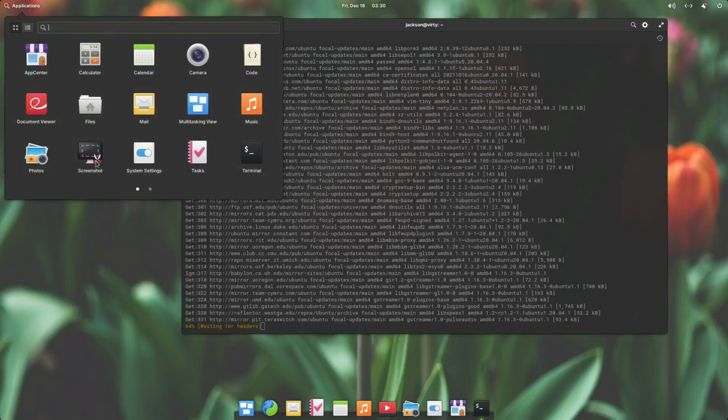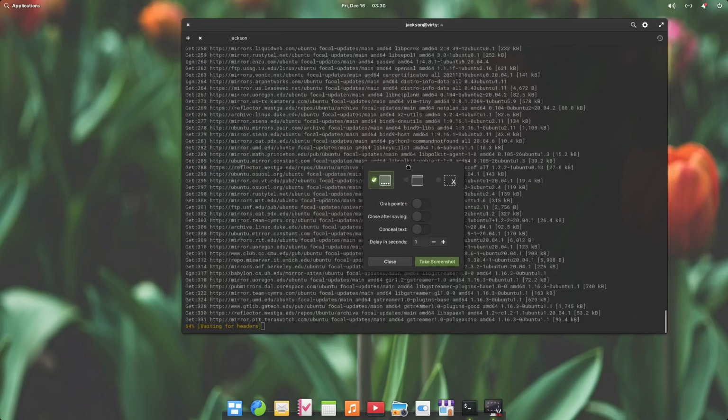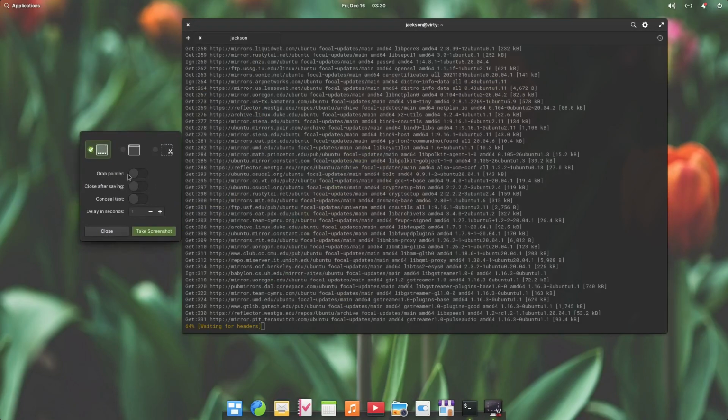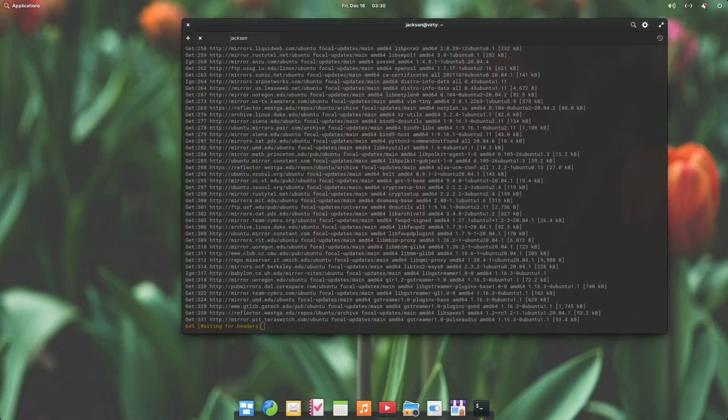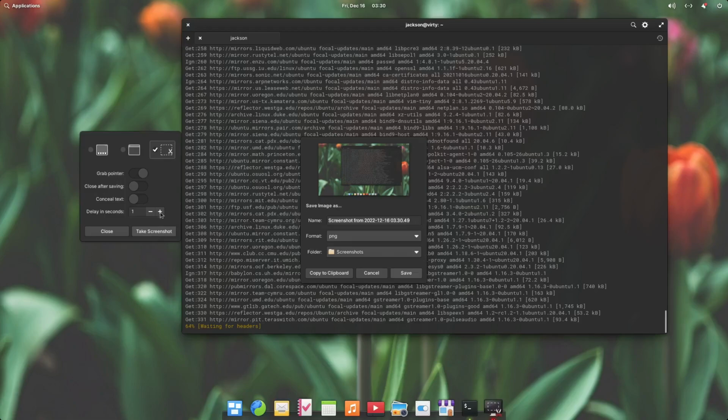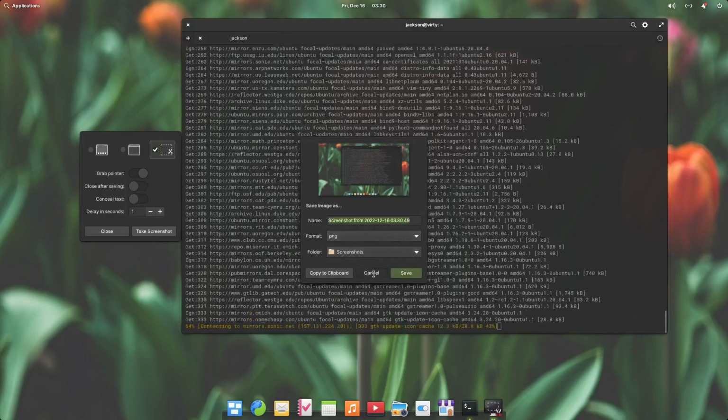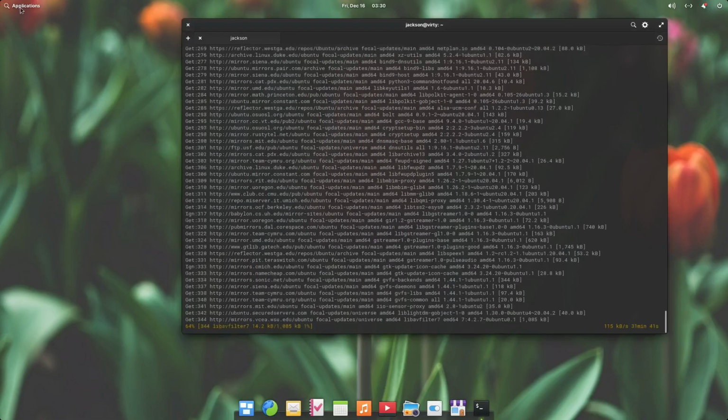And then let's see, we also have a screenshot utility. And we can grab the pointer. That's really nice. So we can take a screenshot. Yeah, that's pretty nice. And then we've got